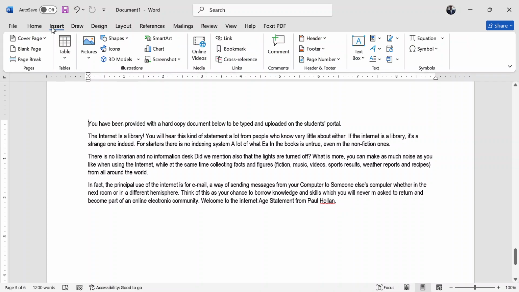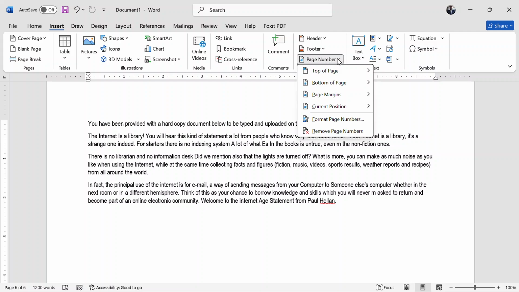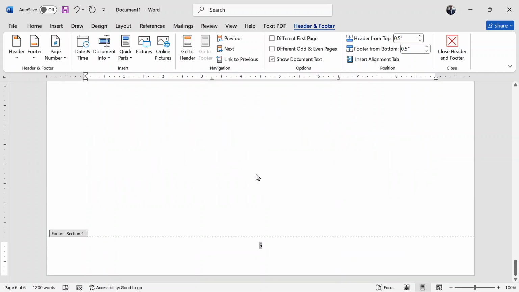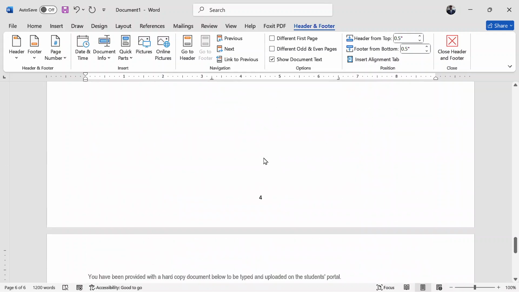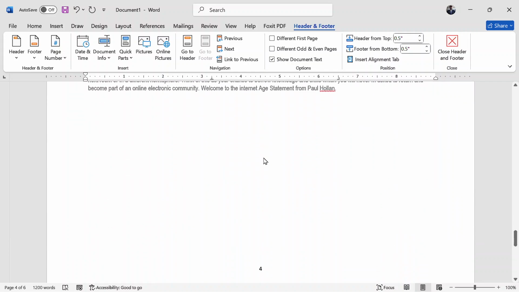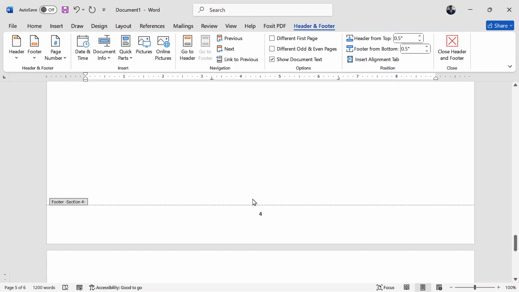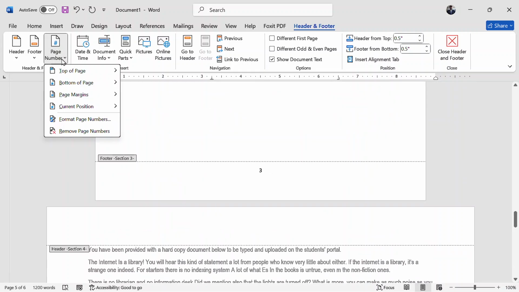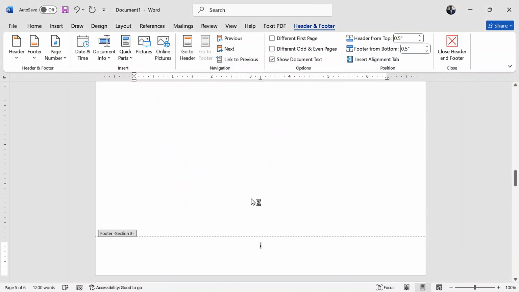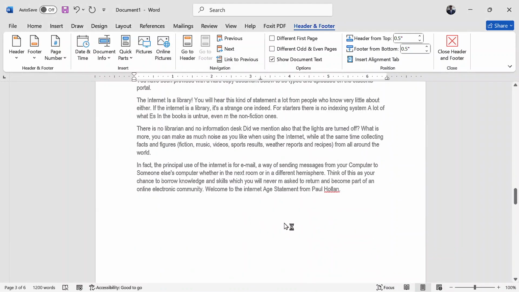So I go to the insert tab, page numbers. From page numbers I choose where they are going to be, and I choose center. But then it has continued from the previous, but I don't want it to continue from the previous. I want it to start afresh, and again using Roman numerals. What do I do? I go to page numbers again, format page numbers. I change the numbering style to Roman numerals, and from there I go to start at. I tap there and I want it to start at 1, and then I click OK. When I click OK, you definitely see that that is 1.